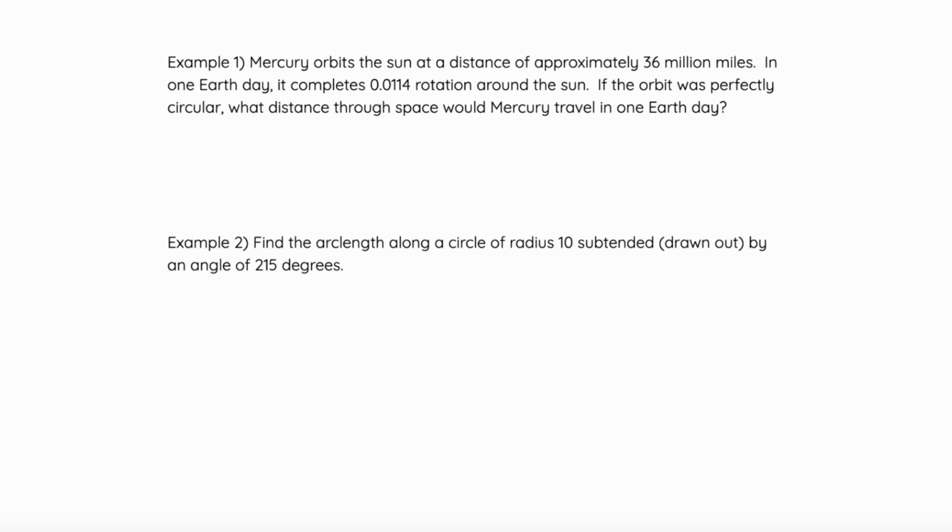So it says that Mercury orbits the sun at a distance of approximately 36 million miles. This is going to be our radius from Mercury to the sun. We also know that one rotation, that we learned the other day, is equal to 2 pi. I also know that our rotation is going just a little bit under that, right? We're not quite going that distance. Thus, I'm going to want to find